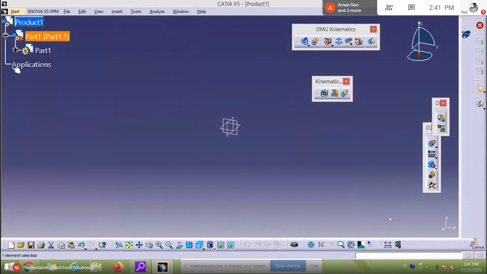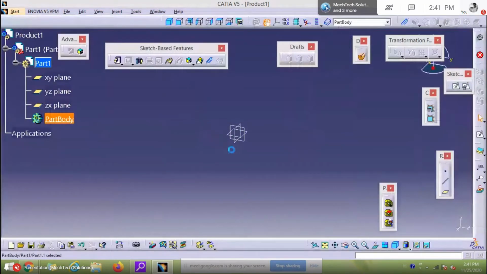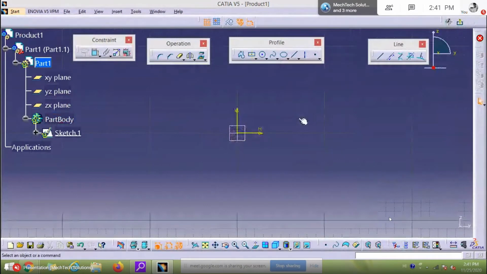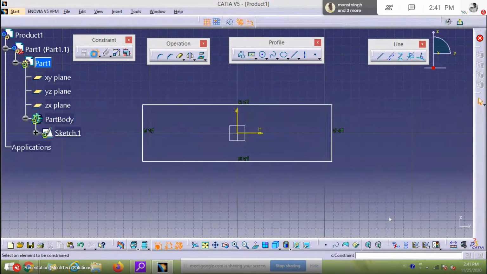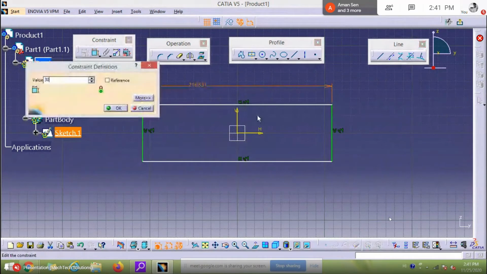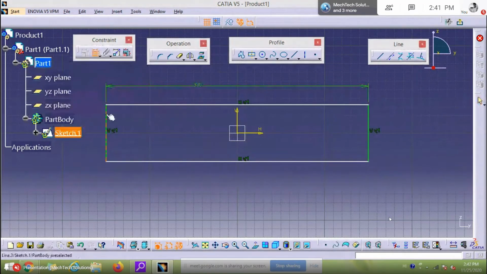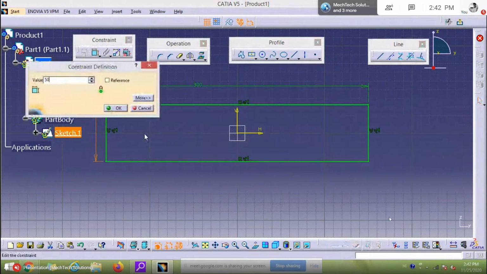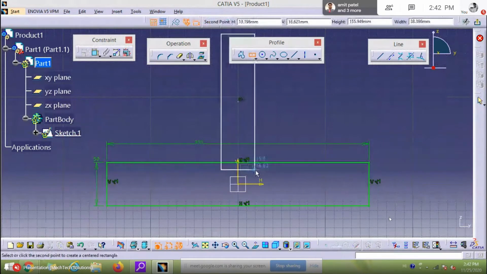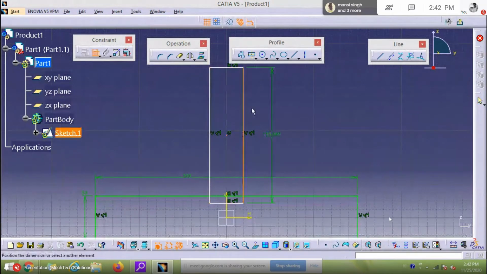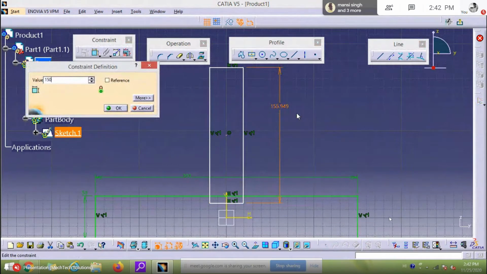part body. And now here I am creating the first part. So first part is very important. So how to create that? I'm using rectangle at the same dimension which I have used earlier, that is 300, 50. But now I am using one more vertical rectangle also. Here also I am using 150 dimension.